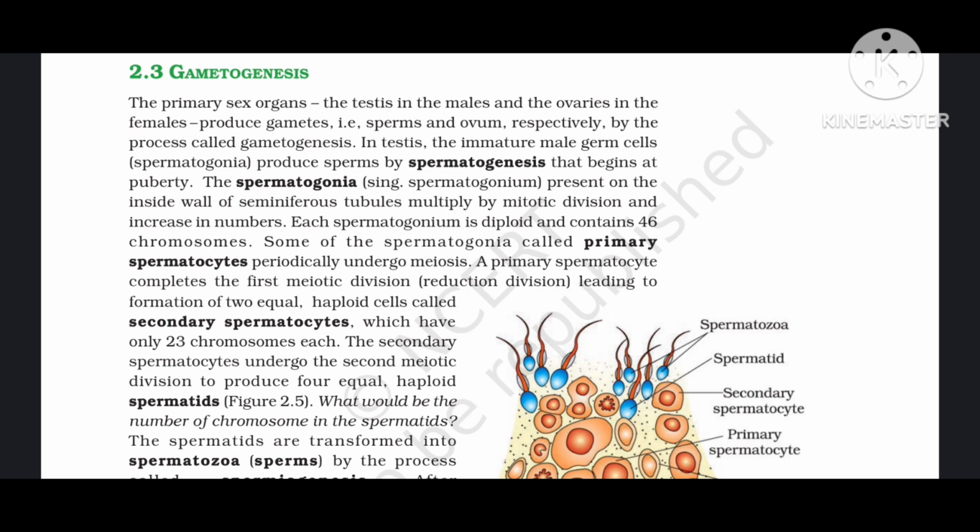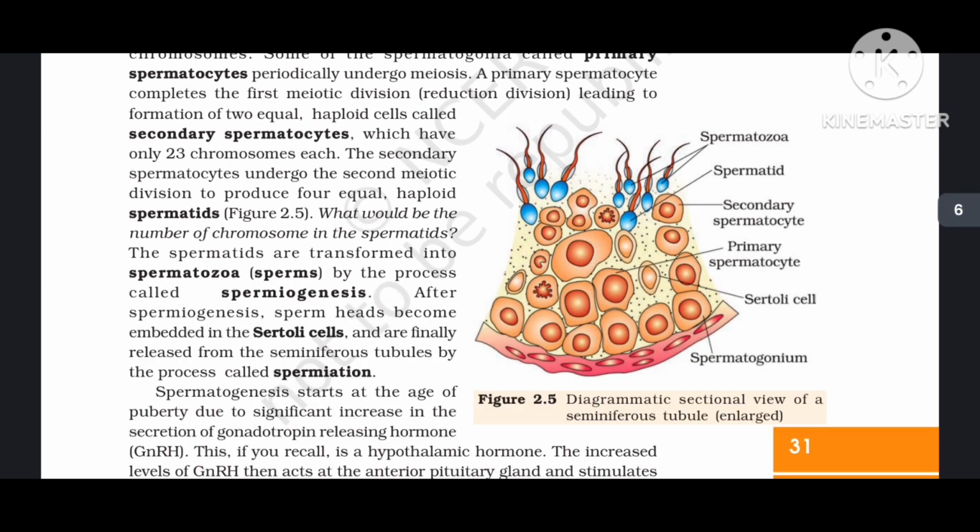What would be the number of chromosomes in the spermatids? The spermatids are transformed into spermatozoa (sperms) by the process called spermiogenesis. After spermiogenesis, sperm heads become embedded in the Sertoli cells and are finally released from the seminiferous tubules by the